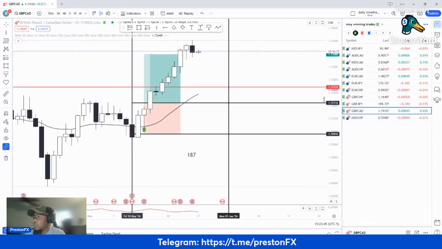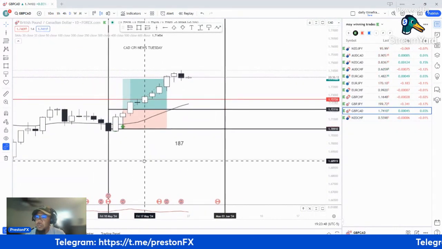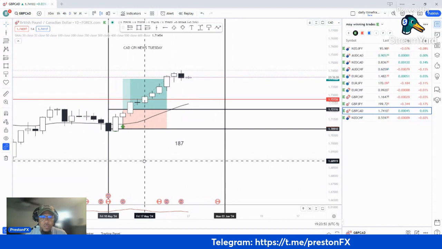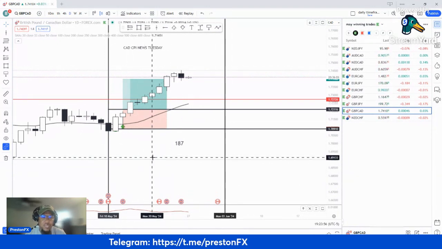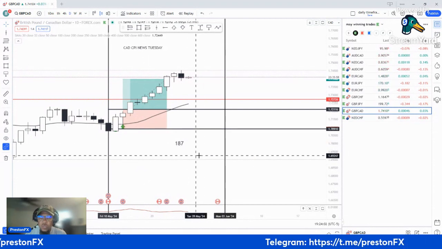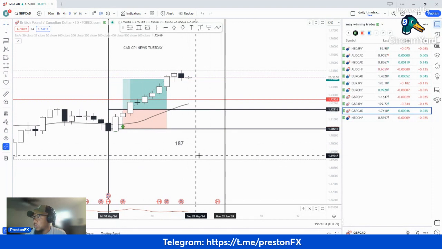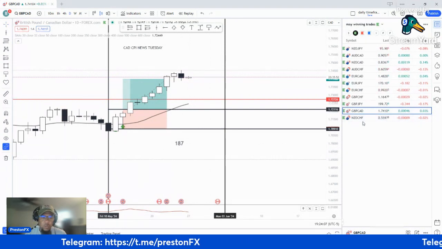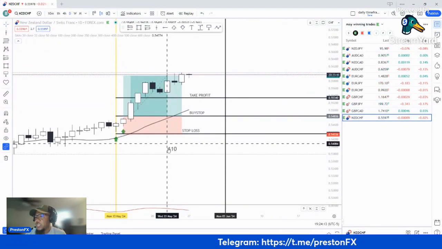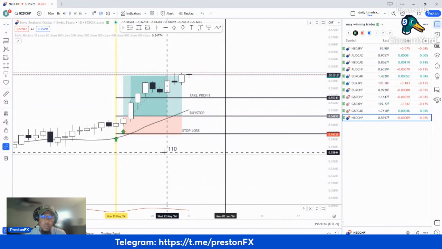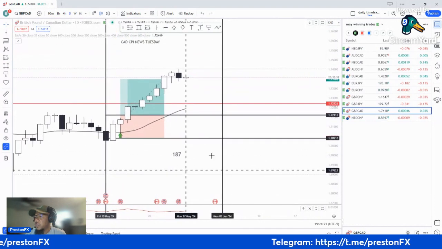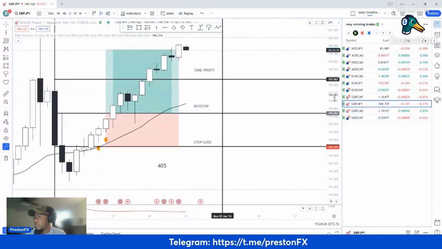So if you have a prop firm account, or you have a big enough account, even with a dollar lot size, you made 1,600 this month. For a smaller account, or if you get a 100K account, you can double that at 1%, making 3,000-4,000 a month. It's just about being patient, not trying to make money every day. See 110 pips right there. You do a 1.0, that's 1,100 right there. Again, right here, 1,800 right there. If you have a big enough account,